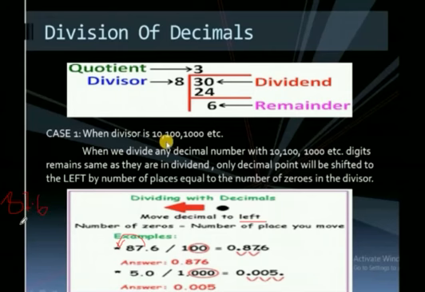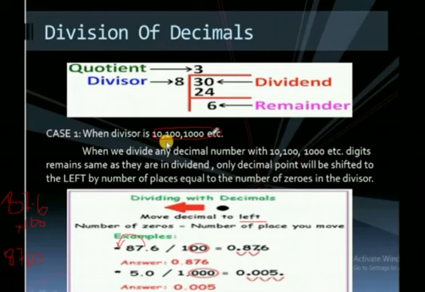But if this would be the case of multiplication, if you have to multiply 87.6 with 100, then in which direction do you have to shift the decimal point? To the right. And how many times? Two times again. So this will become 8760. I hope you get the difference. In case of division, shift to the left side, and in case of multiplication, shift to the right side. And count the zeros, and that many number of times you have to shift the decimal point, when you are multiplying or dividing by 10, 100, 1000, 10000, such numbers.